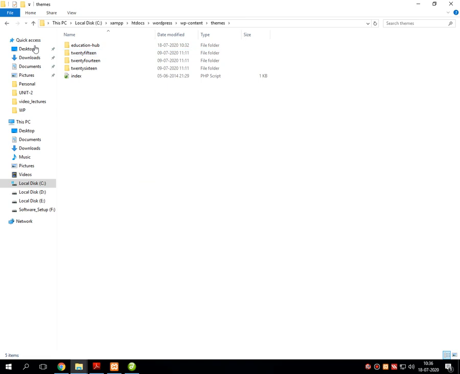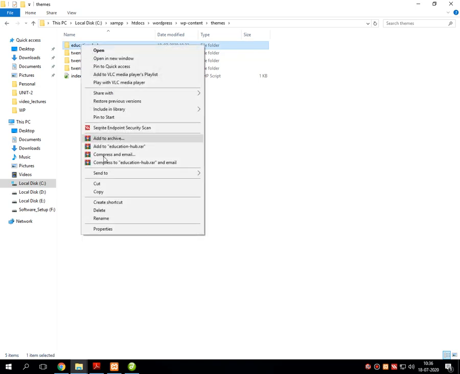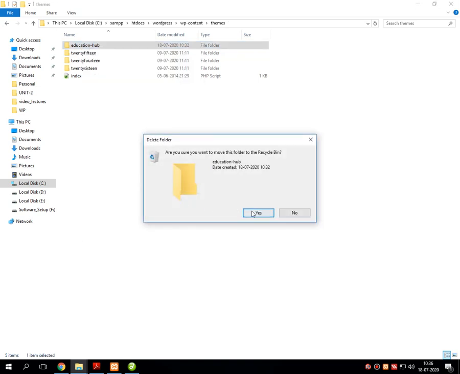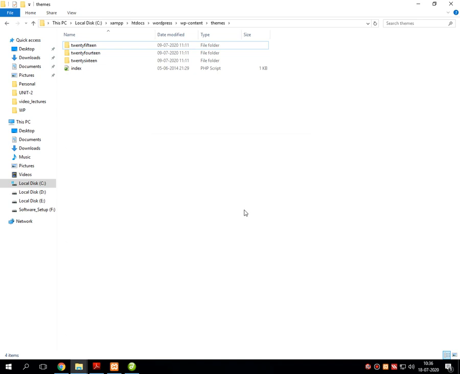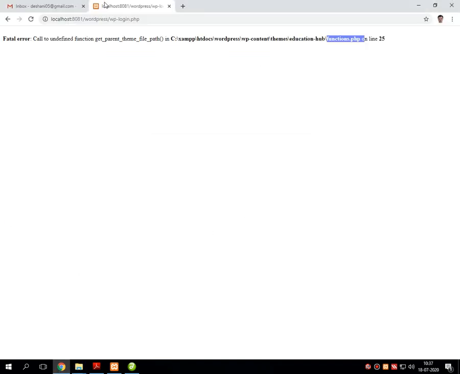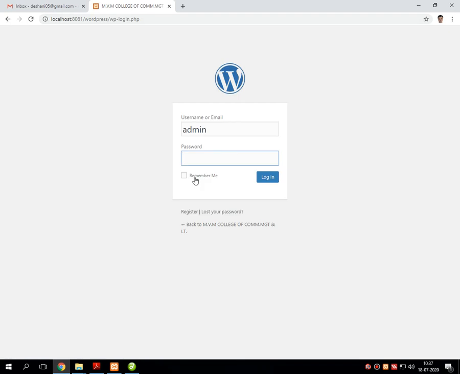Over there you can see the folder called themes. Just remove this particular folder which I have recently added and refresh. We'll start your WordPress dashboard again.